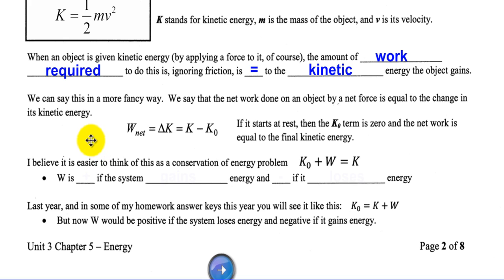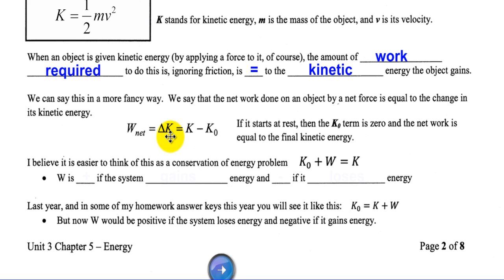We can say this in a more fancy way. We say that the net work done on an object by a net force is equal to the change in kinetic energy. This could be a negative value, right? Because it's always final minus initial. So final energy minus initial energy, and you might get some negative change if the object, let's say,